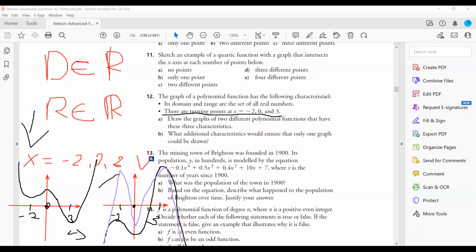And I'll have many more zeros. Not exactly, because